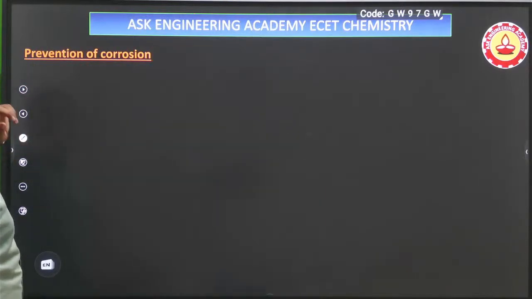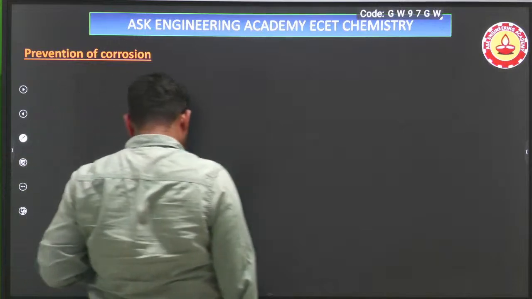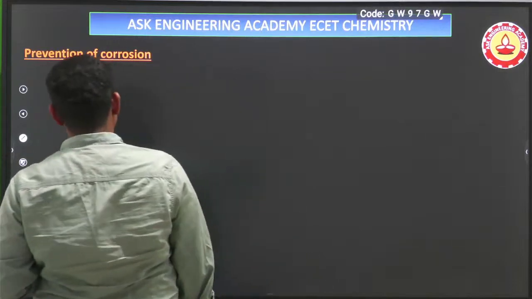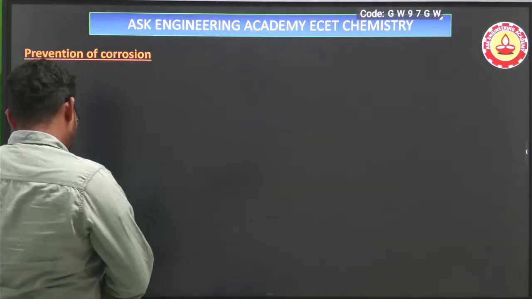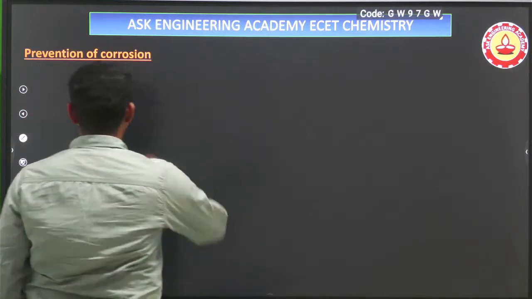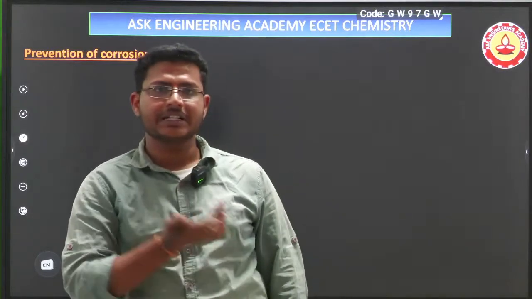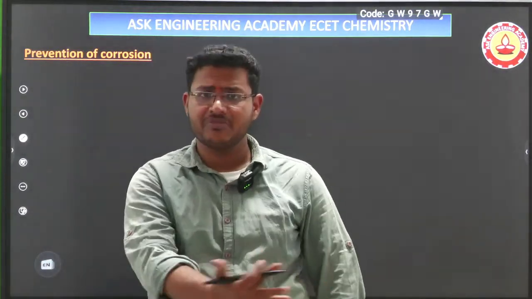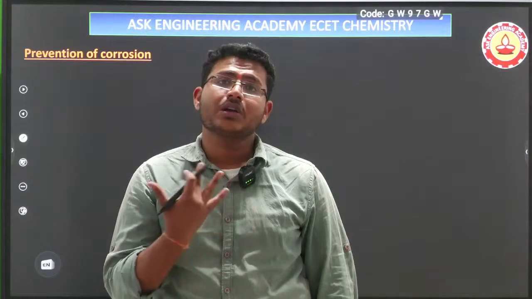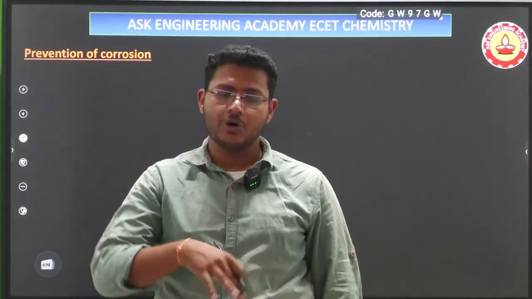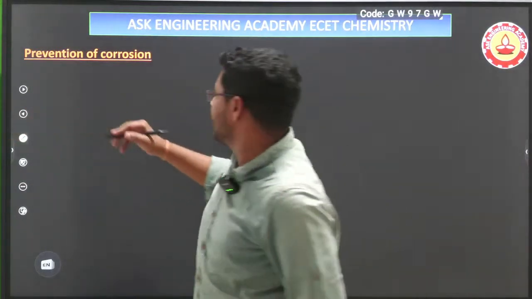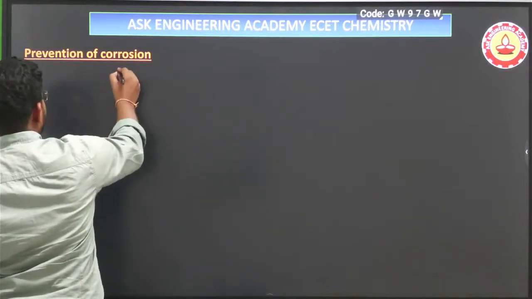Now we are moving on to prevention of rusting, prevention of corrosion. Simply, we know that iron can be rusted, which is nothing but corrosion, degradation of metal. How the rusting or corrosion can be prevented, how we can stop the process of corrosion, especially there are many ways,